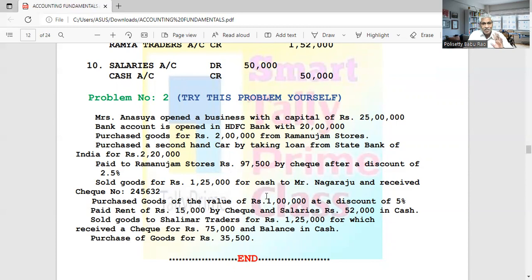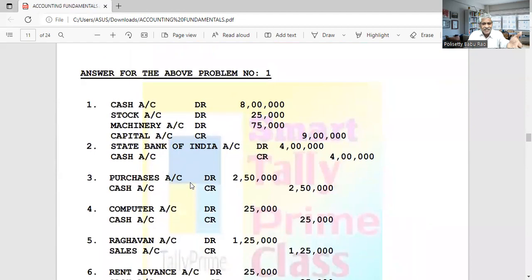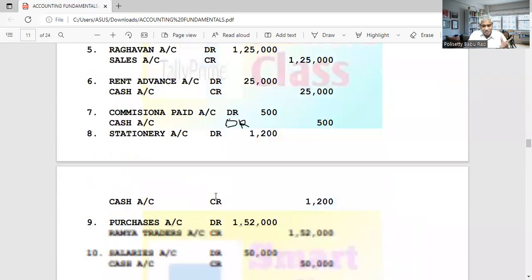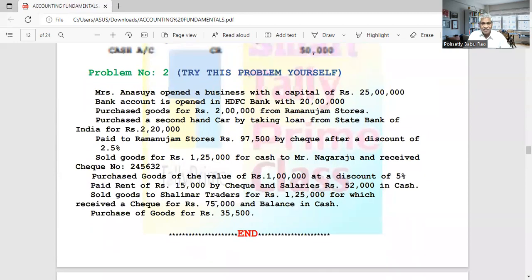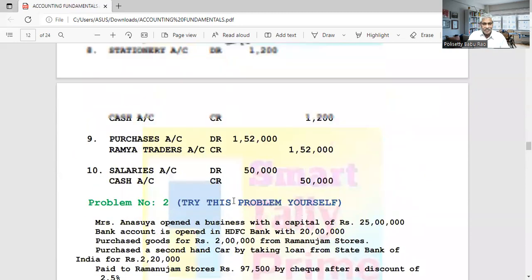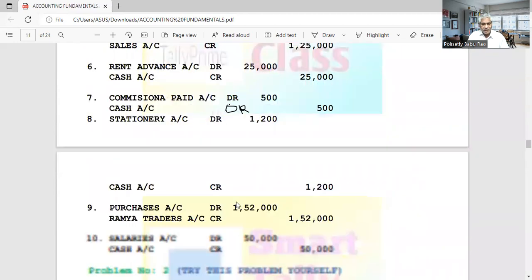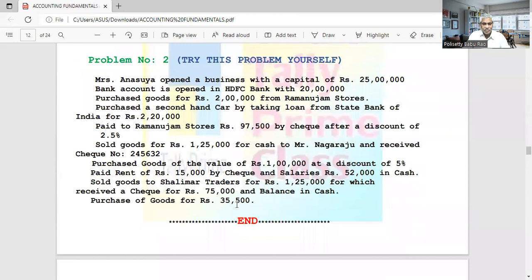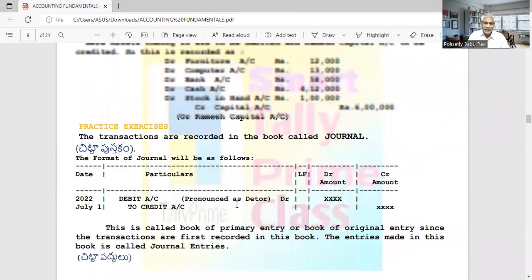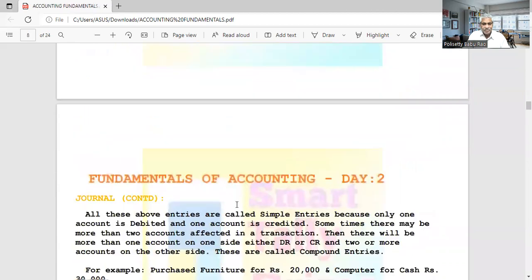Those 2 or 3 items I will tell tomorrow, because they are very useful in TallyPrime also, not the entry, but the method of deciding debit and credit. For these you require some calculation, which is required in Tally also. These entries need just debit and credit. Similarly here also debit and credit, but some calculations are required. So take the photo or screenshot for this also, and try. So this is the end of second day journal.